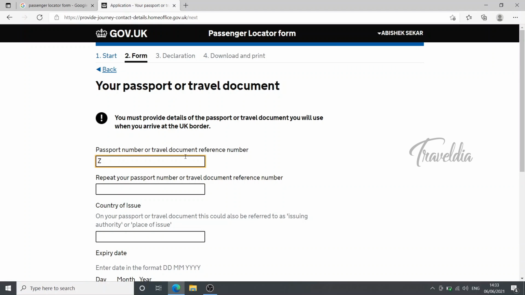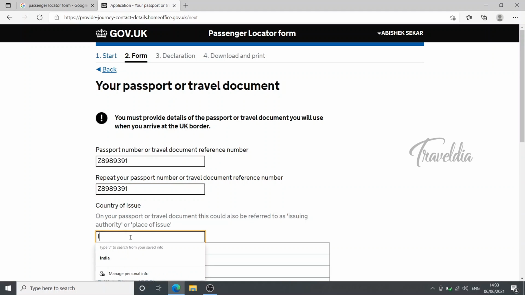You need to enter your passport details, like the travel document. The preferred travel document all over the world is the passport. Earlier it was some other travel card or document, but now the standard document is the passport.